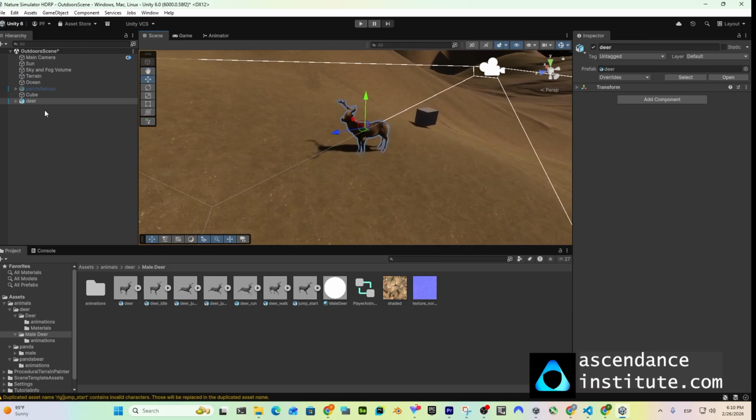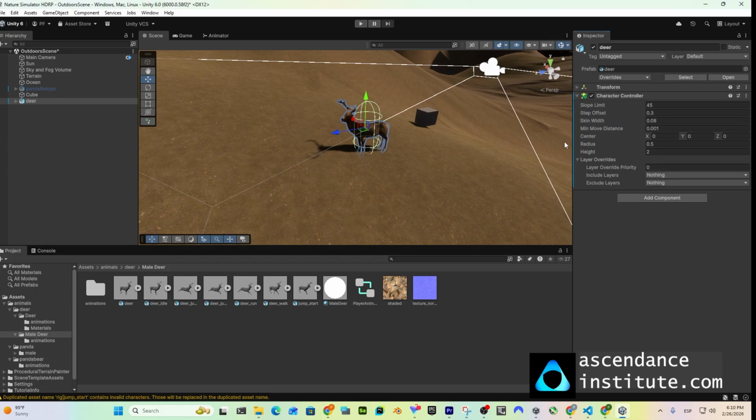Then on the deer, you add a component. We're adding a character controller, and this is the capsule collider, so you can adjust. For example, it may work in this case maybe 0.8 and some displacement from the Y like 0.19, something like that. Maybe the height to 1.5 with 0 displacement, something like that. Then we're going to add the player controller,